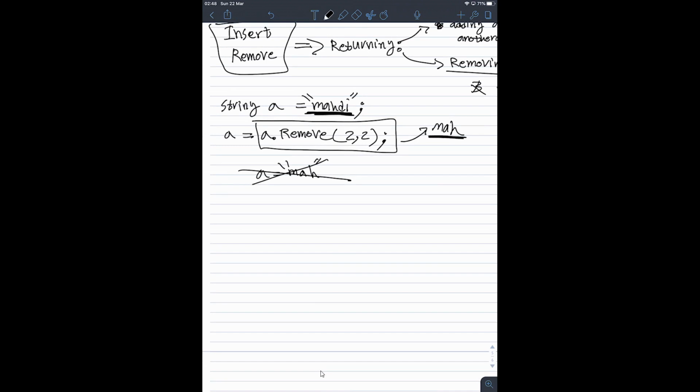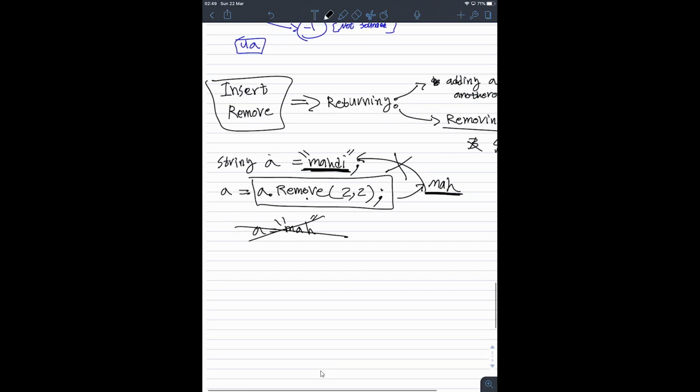It's not changing the thing inside. There is no connection between this remove and this a. So this remove will take anything inside of that a and just remove something from it. Also for insert,